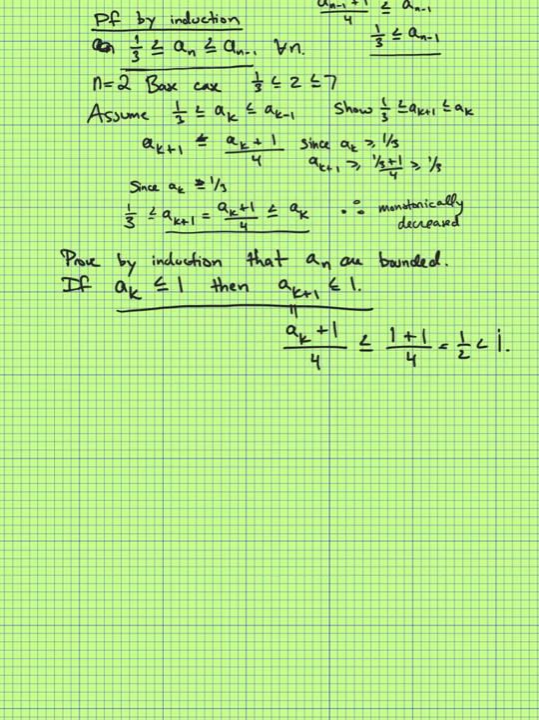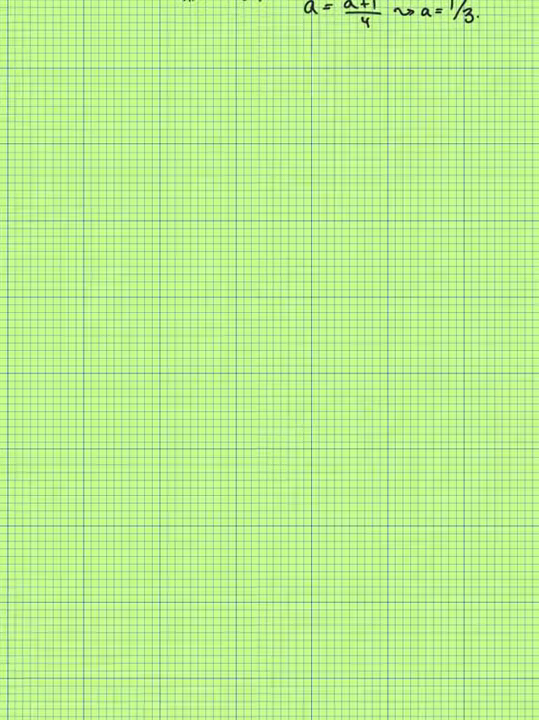Okay, so that's it. And then if you want to show it converges, so we've shown it converges, so convergent by MCT. To show the limit, you just solve that A is equal to A plus 1 over 4, and you get, as we suspected, that the limit has to be 1/3. Okay? All right, so let me go on to 6,